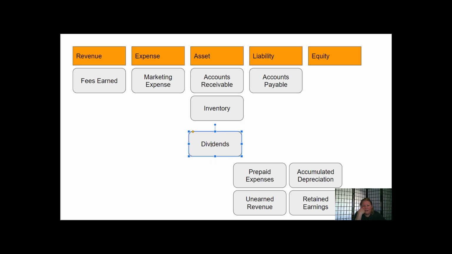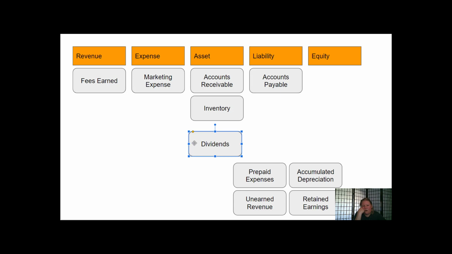All right, so dividends, this is where knowing what the accounts are is really, really useful. And if you haven't watched my video where I talk about making the note cards, or you haven't seen my post on Accounting in Focus where I talk about making the note cards, they're really, really handy. And I know it sounds kind of 20th century to be making note cards, but trust me, some of the most well-respected writers that I know actually use note cards to keep themselves organized. And plus you're going to remember more when you write things down. So